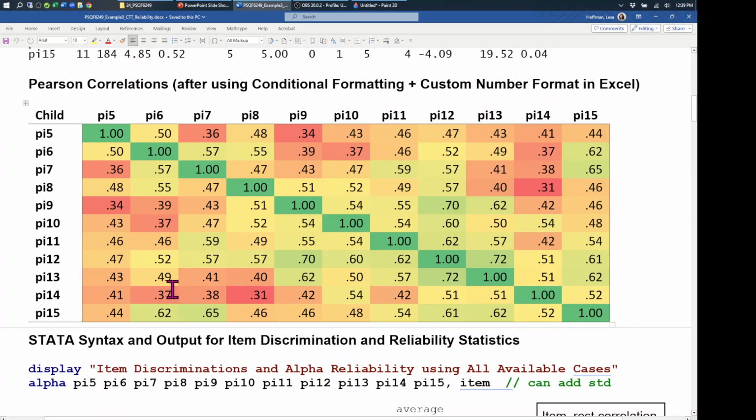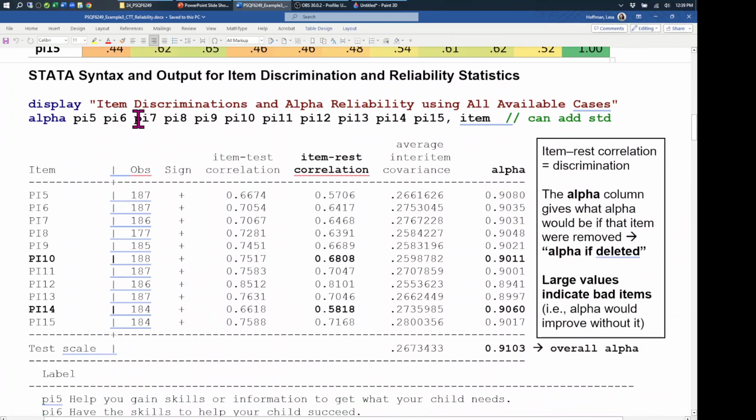It does look like some of the items might be worse than others, so I see some lower correlations for item 14. I see little pockets of higher correlations here. So it looks like an empirical question whether these patterns are consistent with a one-factor model in which some items simply are more discriminating than others, or whether there might be multidimensionality here. But at least I have a decent strength of correlation to start with, and these numbers, by the way, are probably downwardly biased because, again, they're Pearson correlations, whereas polychoric correlations would have been a better measure. But we'll get there. So I have some classical test theory statistics printed using the alpha command within Stata here,